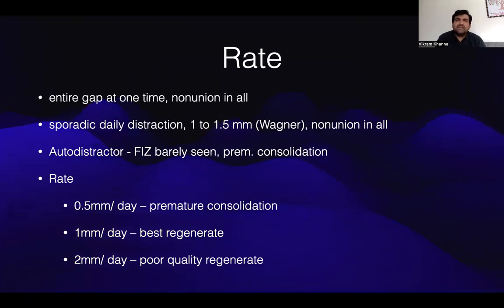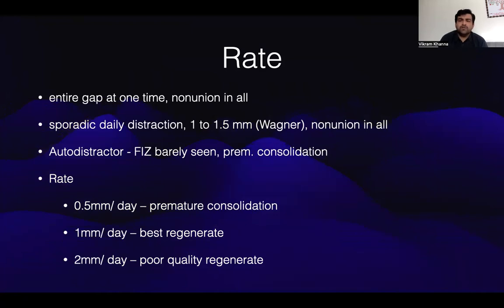Auto distraction, that is around 60 times a day, the fibrous interzone is rarely seen and it generally leads to premature consolidation. So if we say the rate per se, 0.5 mm per day will lead us to premature consolidation. 1 mm per day gives the best regenerate, and 2 mm per day gives a poor quality